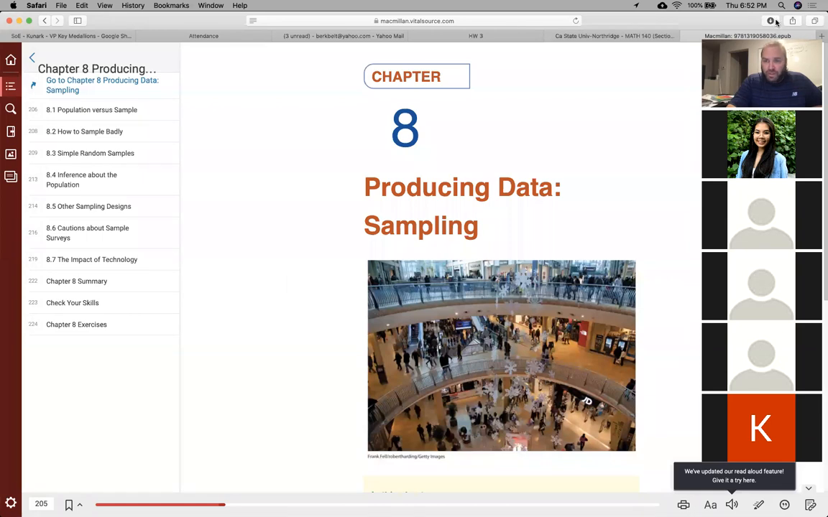It's obvious. Okay, and the test will cover the first 5 chapters plus chapter 8. And chapter 8 is about producing data or sampling. How do we get our data? Well,